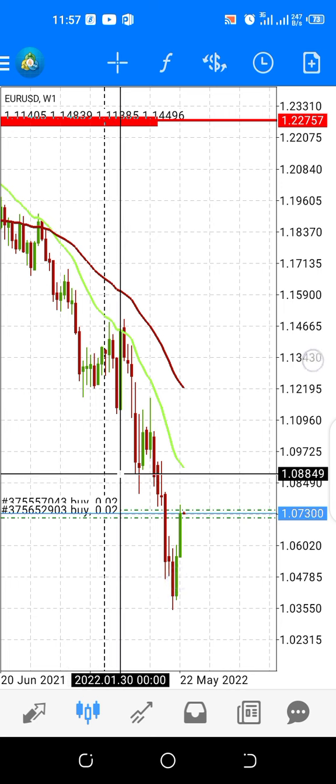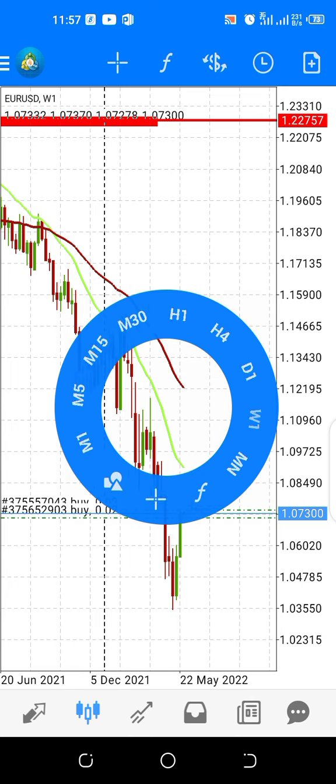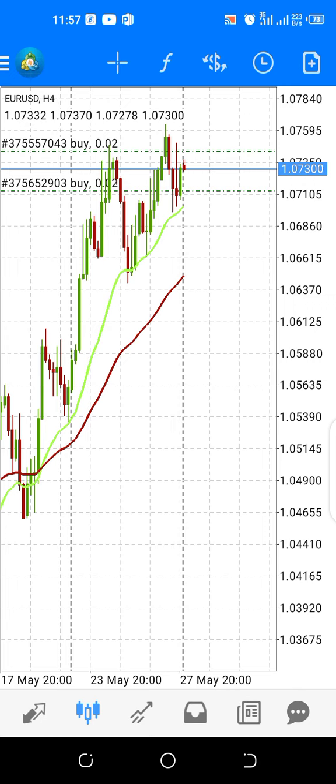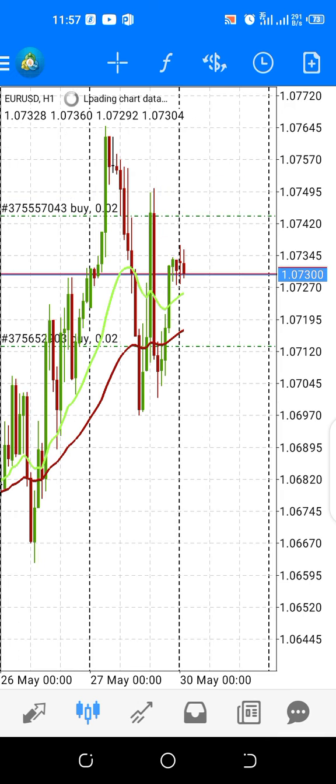resistance at this point. Okay, so for now, the bullish trend on the daily and the H4 is still very intact. As you can see on the H4, the bullish trend is still very healthy, and I'm on the trade. Okay, so before you jump into this market, make sure you go to your H1 on the London market